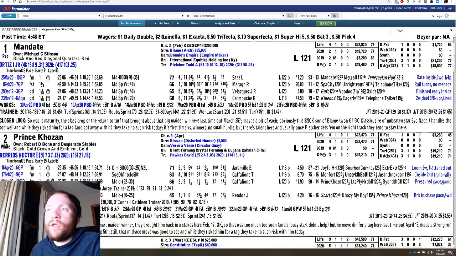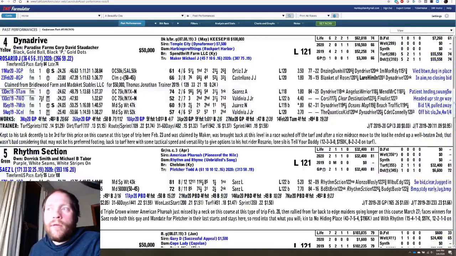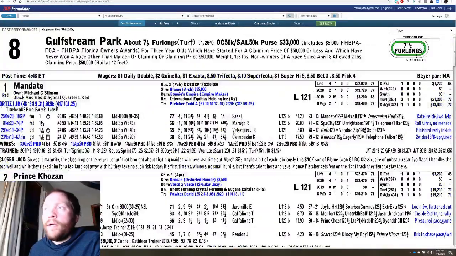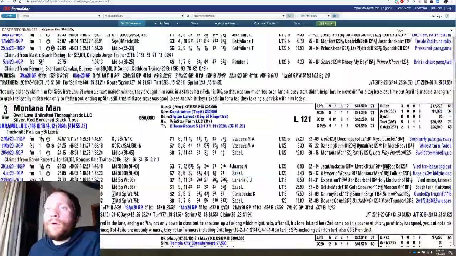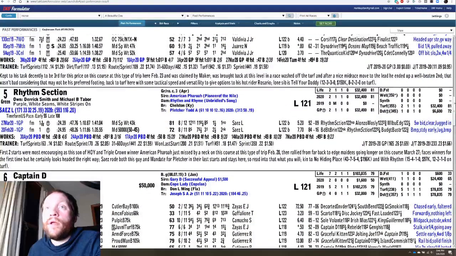I don't have one here. I'm going to assume, let's see, that rhythm section horse, Sayers looks like he has a choice in here. What I mean when I say choice, he was on this other Pletcher horse. You can see he was the jock that broke at a maiden 40 level, so at a maiden for a tag, and that's why this horse is eligible. And the horse ran that 77. So I would assume that the better of the two horses here, at least in Luis Sayers' eyes, is this